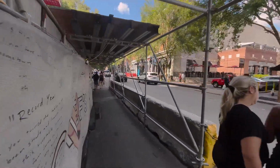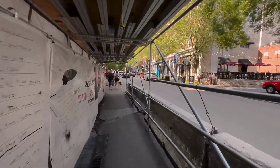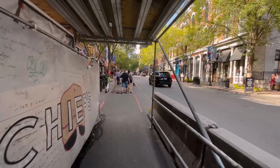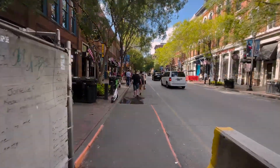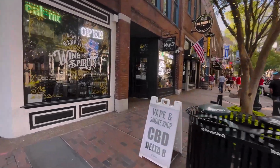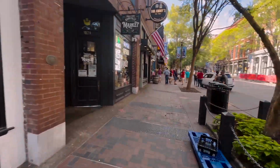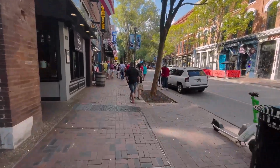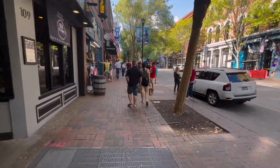All right, guys, we are heading up 2nd Avenue. At this point, we're going to run you through Printer's Alley, but 2nd Avenue is kind of the side show to Broadway. Basically, you've got plenty of bars and stuff down here. They've actually been reconstructing it over the last few years. You may have heard or seen